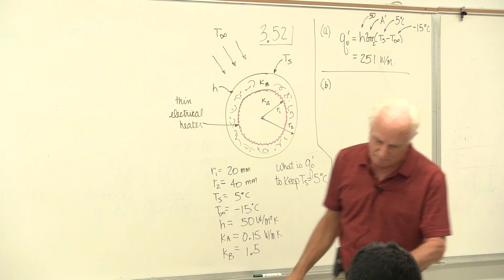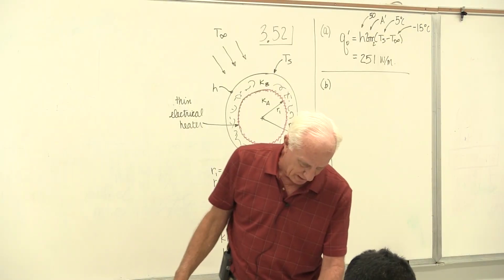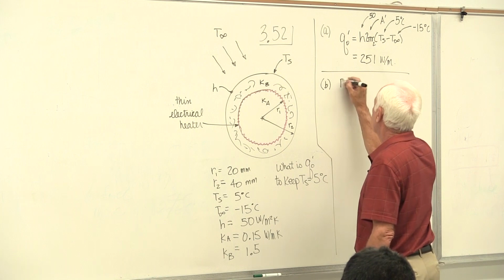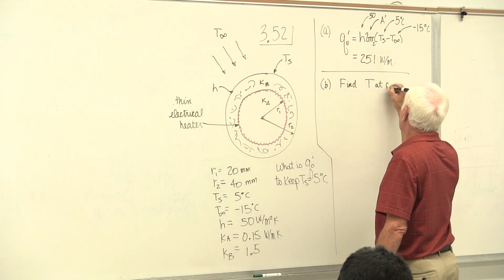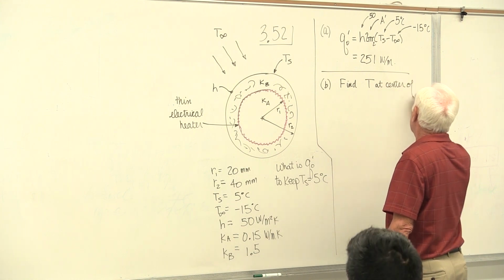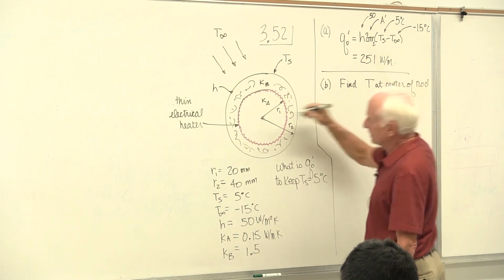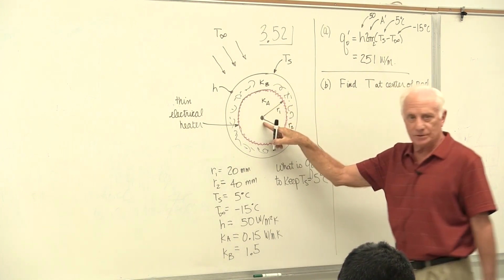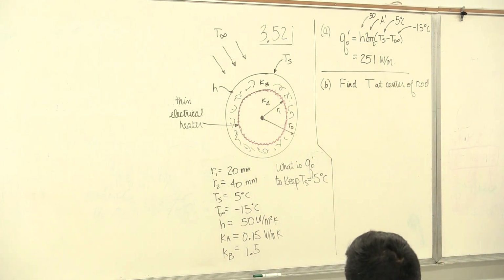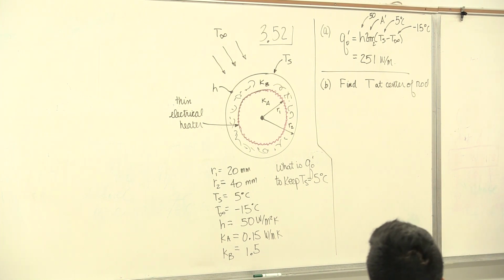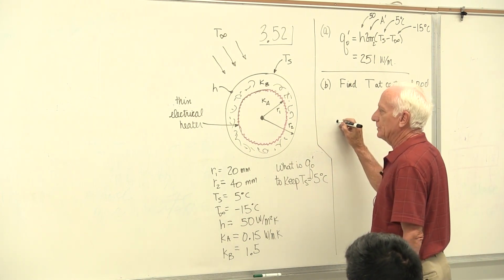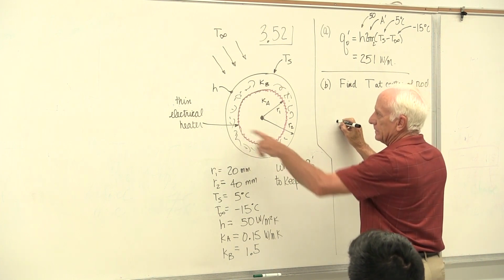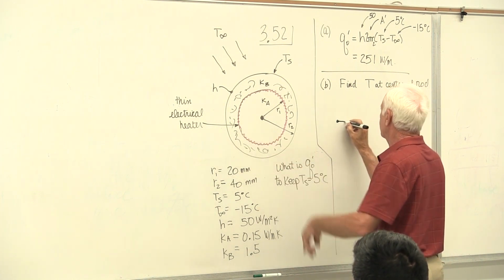Okay, part B. What's the temperature at the center of the cylinder? At the center of the rod, which is right here. I want to know the temperature where the big black dot is. Probably it helps to draw the equivalent thermal circuit, so I'll do that. Let's take the convection resistance here,